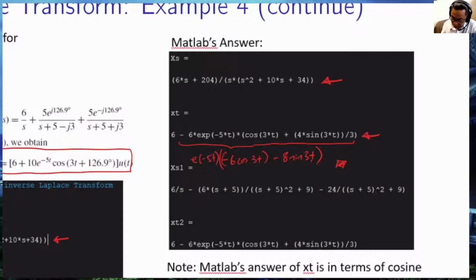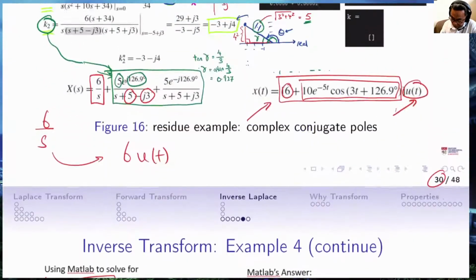The answer looks a little bit different from our answer, which is here below. Let's inspect it more carefully. Well, the 6 is there, as well as we have exponential minus 5t, which is here. The difference is that we have cosine of t as well as sine of t, sine of 3t and cosine of 3t. So what happened is that it is different to our solution above